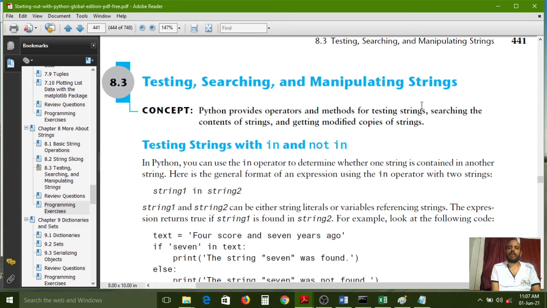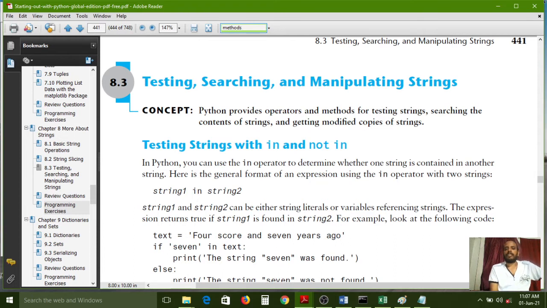In this entire document, how many pages do we have? 748. So if you want to find any one word in these many pages, we can use Control F to find that word. For example, carefully observe: here the word methods is there. I want to find out whether this word is there or not. So I press Control F and type the word methods. If I press the enter key, the cursor immediately goes to that word and points to it.